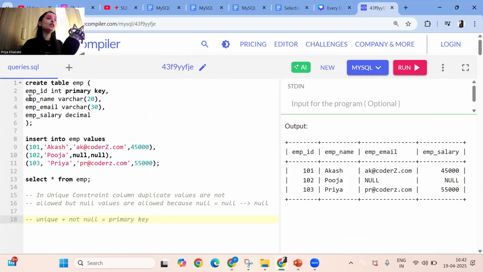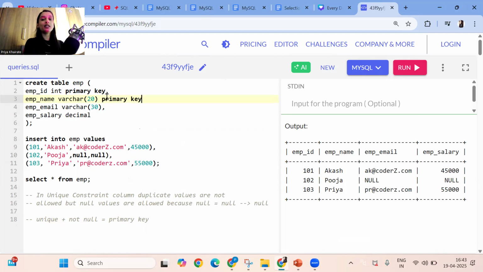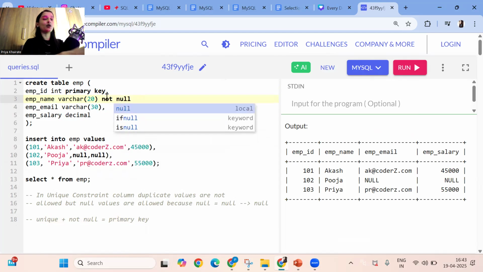Okay. So now what about employee name? In employee name, should I use unique? Employee name must be unique? So in one organization, if one Akash is working, we should not hire a second Akash. Is it like this? No. So unique we cannot use. Can I use primary key? No, primary key is a combination of unique plus not null, not allowed. So I want only the not null constraint on this column.